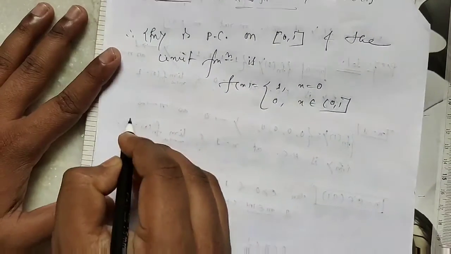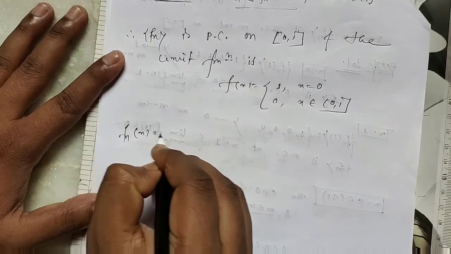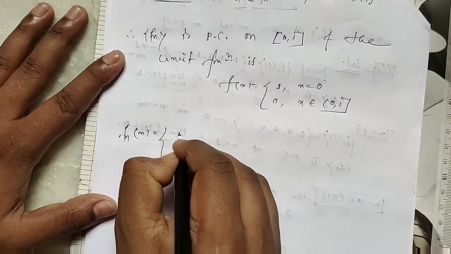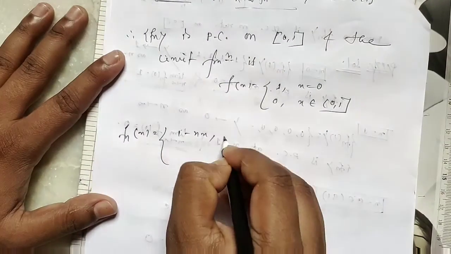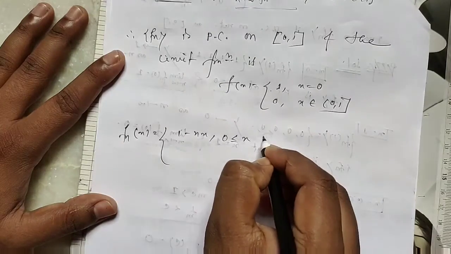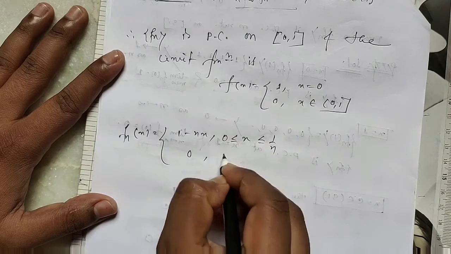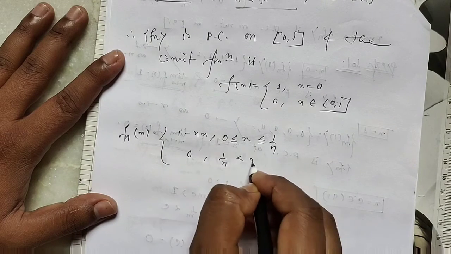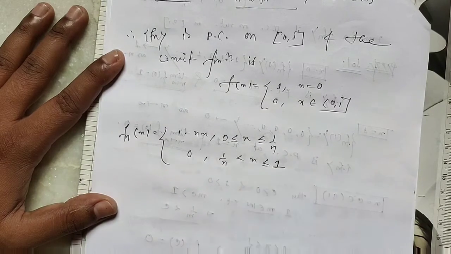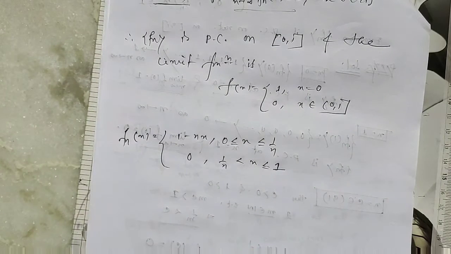Since fn(x) is equal to 1 minus nx for 0 ≤ x ≤ 1/n, and 0 for 1/n < x ≤ 1. Okay, now